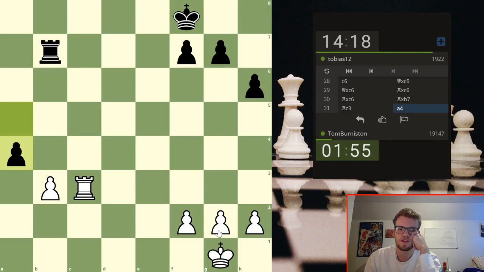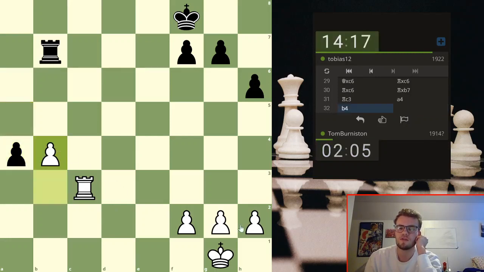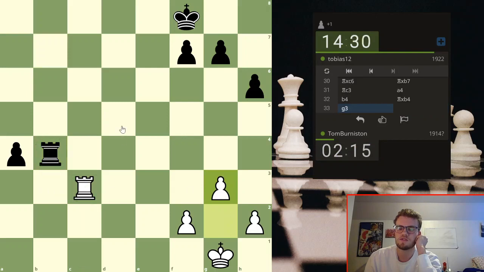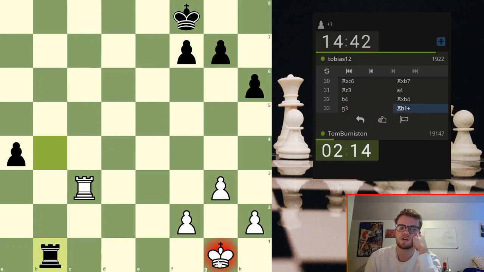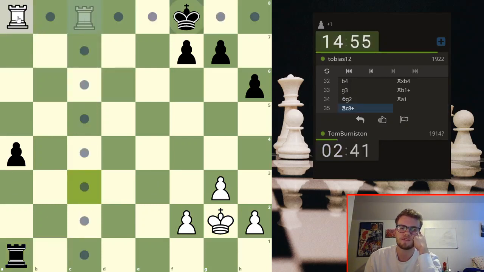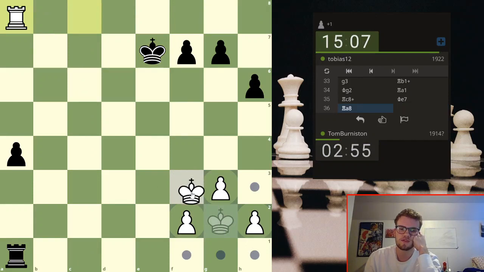Do I have maybe like b4? I think b4 is good, because b4 rook takes, g2. Right? Yeah. g2. If he tries to trade, I'll just drop down. And actually, if he tries to trade, I just check here. Yeah, that's fine. So if he offers to trade, that's okay with me. The rooks are out of the game, so that extra passed pawn is...